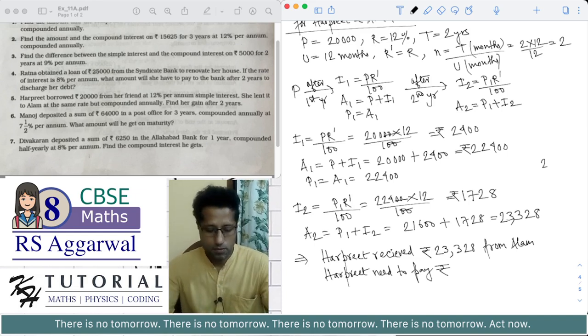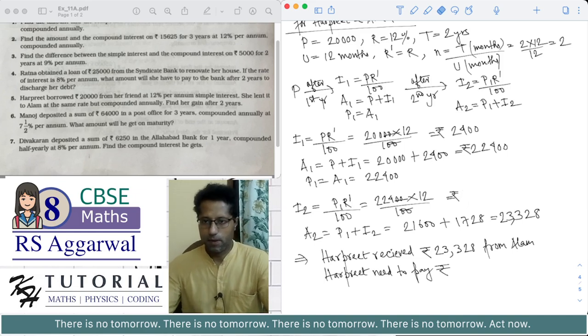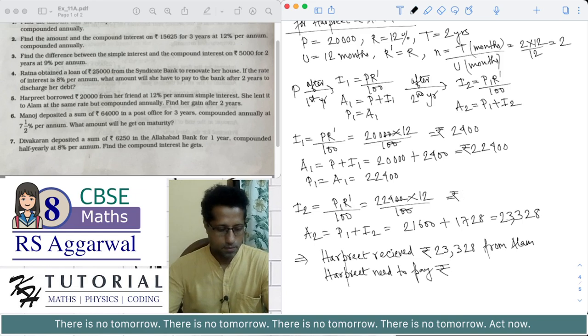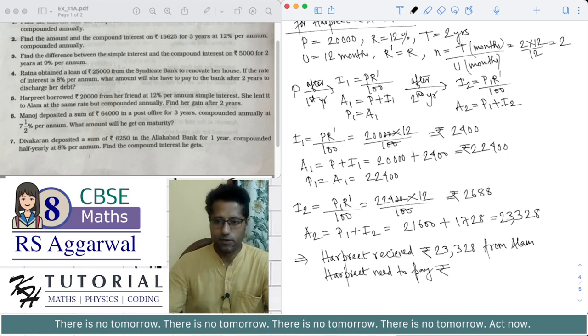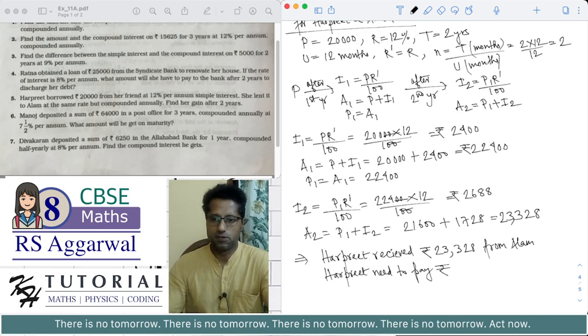Okay, so let me use the calculator. 224 multiplied by 12 is 2688. So this is the interest at the end of the second unit of time, that is the second year,